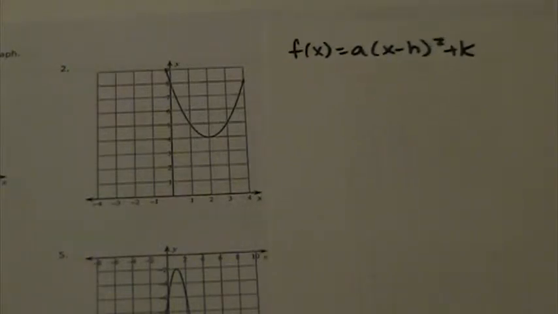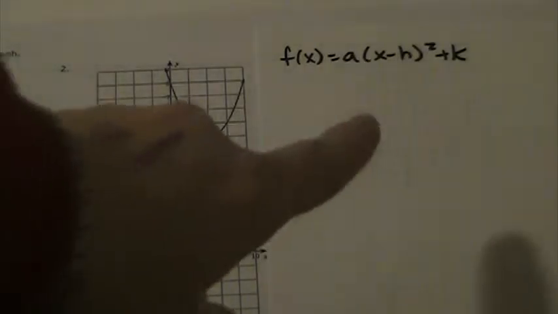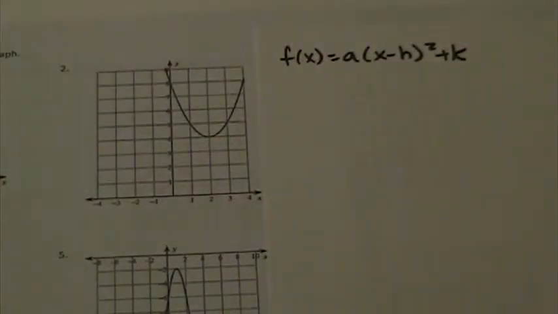Vertex form is the easiest to work with when you're given the graph because it's easy to spot the vertex, and once I walk you through the process, you'll see it's easy to solve for A and get a complete equation. And then of course if the directions ask you to write the equation in standard form, you can always FOIL and then distribute and combine like terms and have your equation in standard form. But for purposes of the study guide and for the test tomorrow, you're more than welcome to leave it in